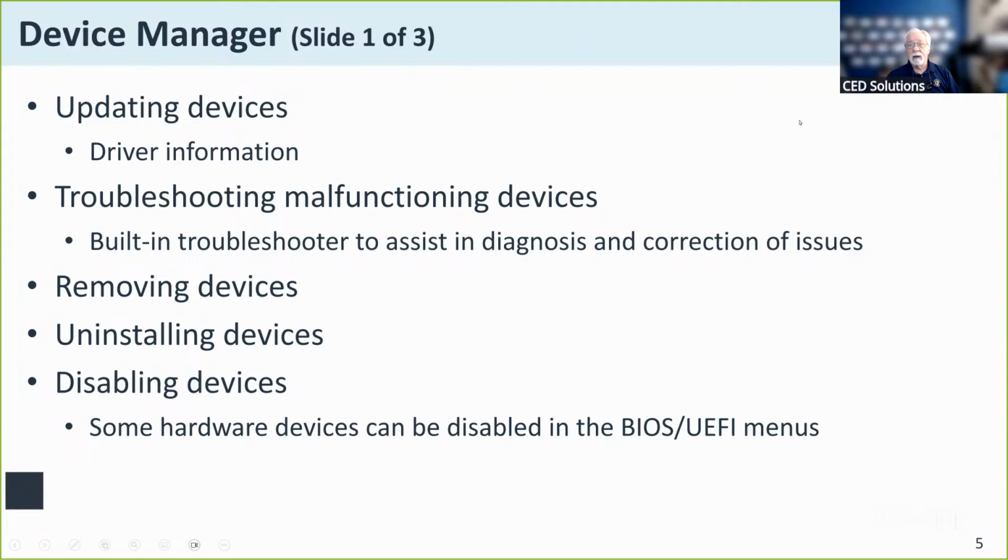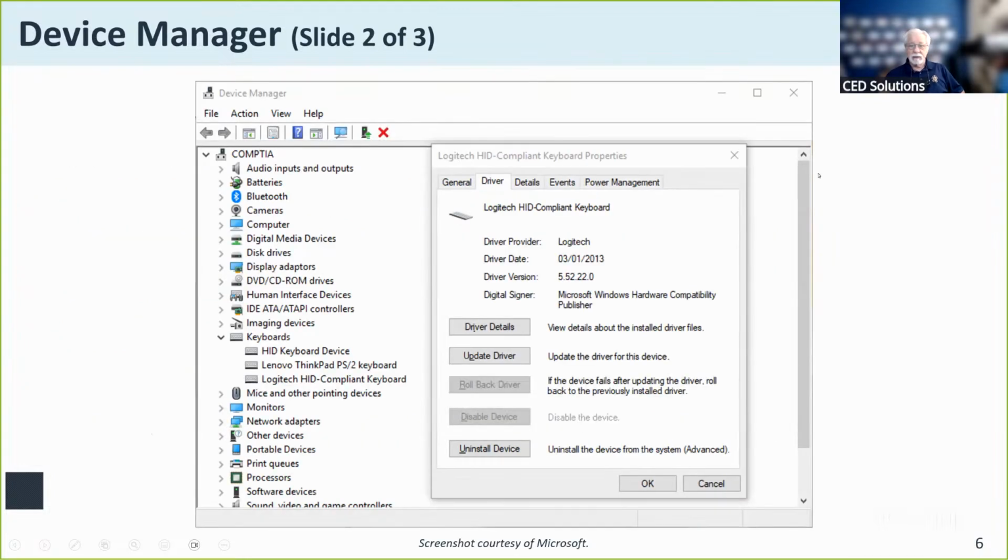Now, the device manager is what allows me, we looked at that yesterday, to update device properties and characteristics. I can update device drivers. I can uninstall devices, install new devices. I can turn them on and basically restart them. This is what the device manager panel looks like itself.